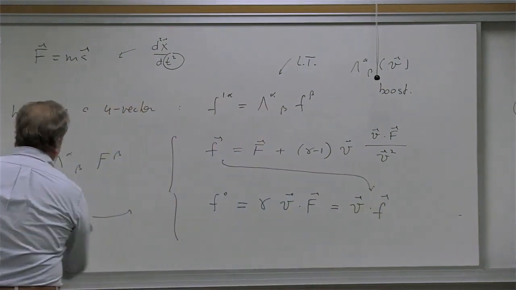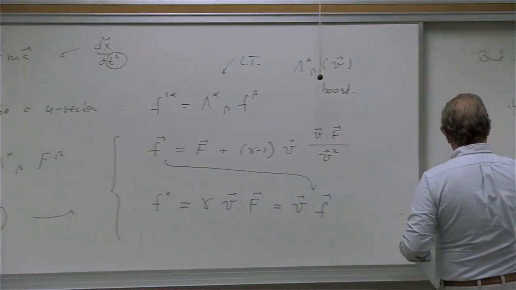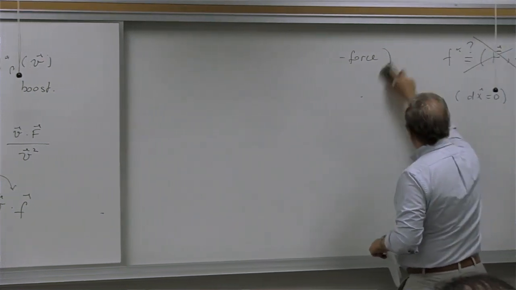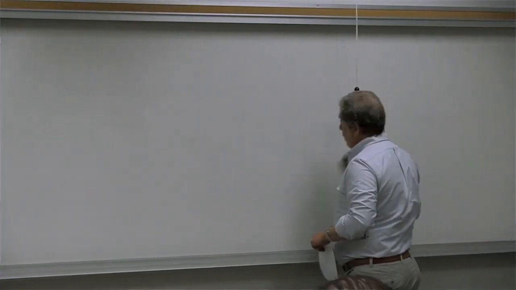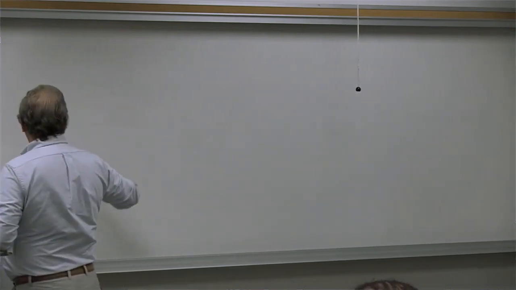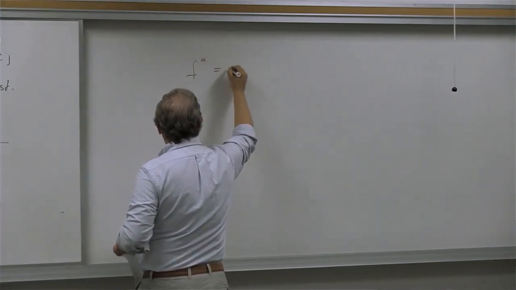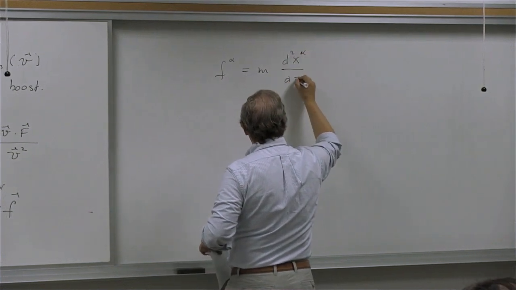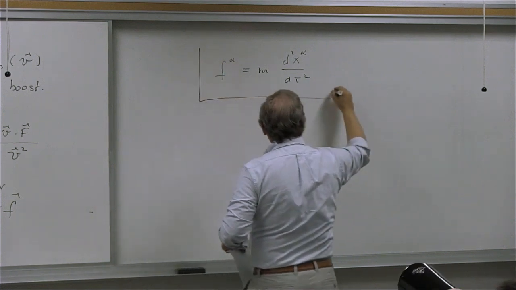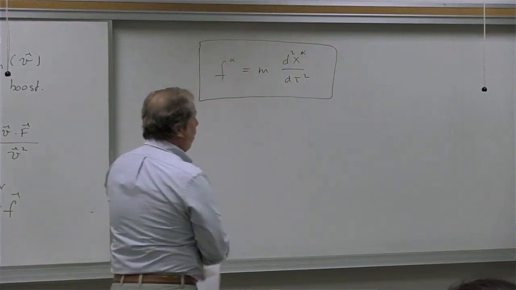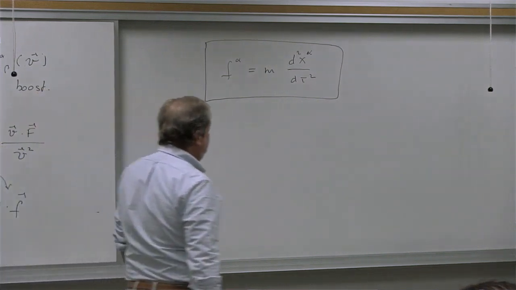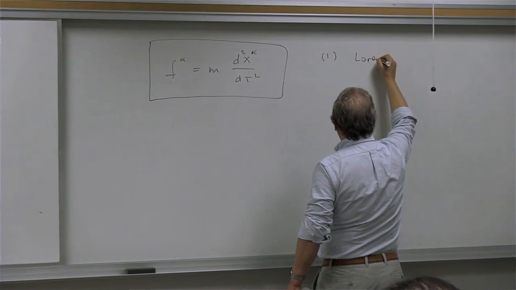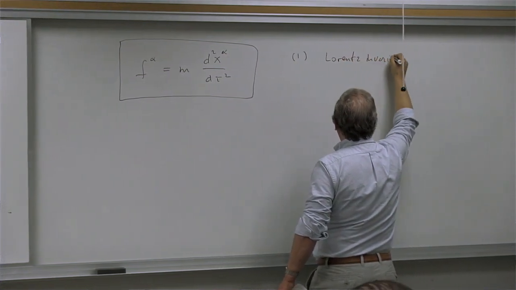And so we're done, because we have been able to write, let me write it down again, what have we achieved? We have been able to write an equation which is that F alpha is equal to the mass times the second derivative of x alpha with respect to d tau squared. We have been able to write down an equation which is the analog of F equals ma, which has the property that, one, it is Lorentz invariant,